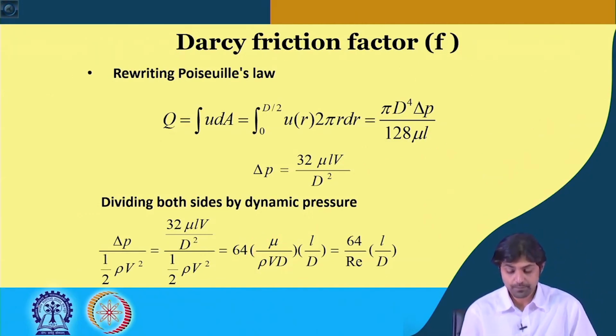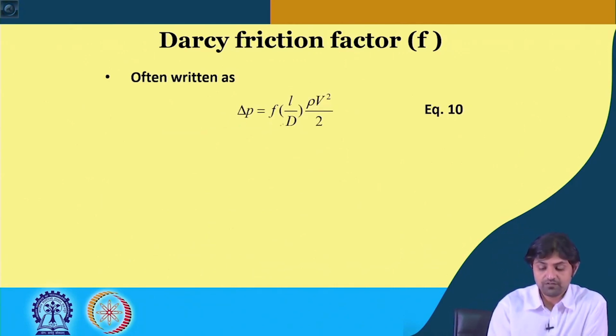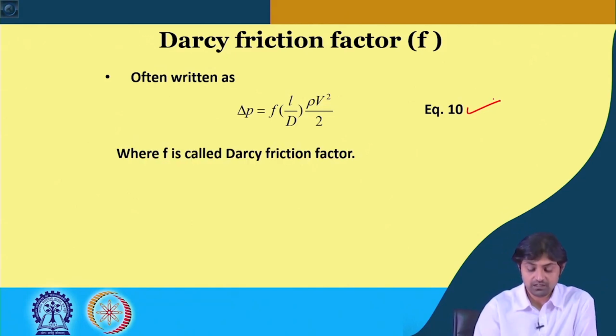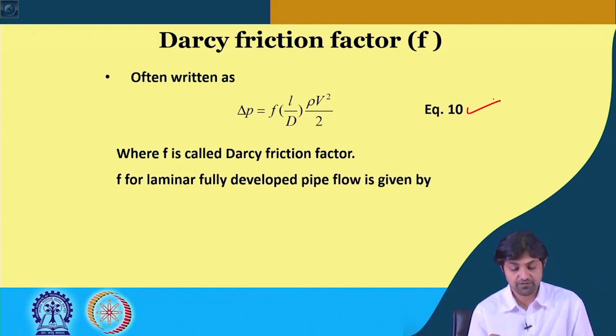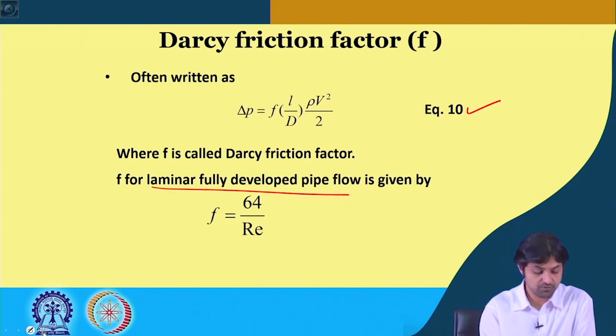So we would see later that this 64 by Re is termed as Darcy friction factor F. Darcy means this is for laminar flow. So this is often written as delta p is equal to F into L by D into rho V square by 2. With this equation number 10 analogy, we say that the Darcy friction factor F for laminar fully developed pipe flow is given by 64 by Re,